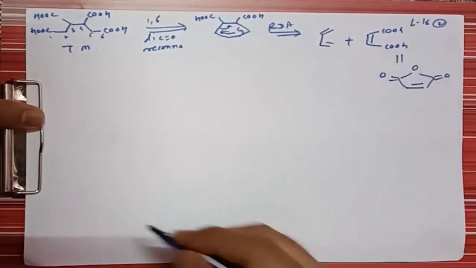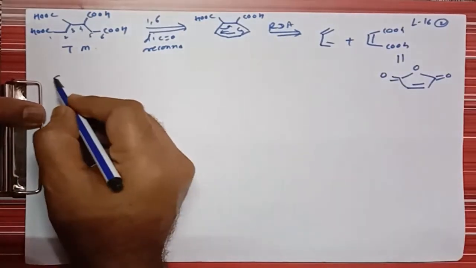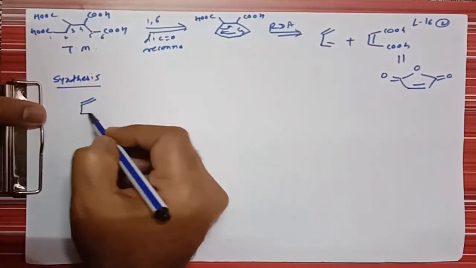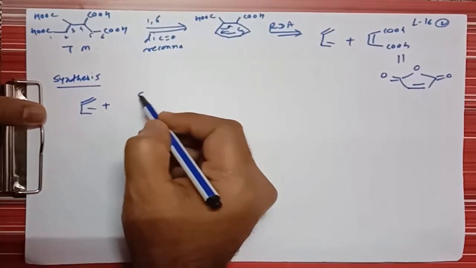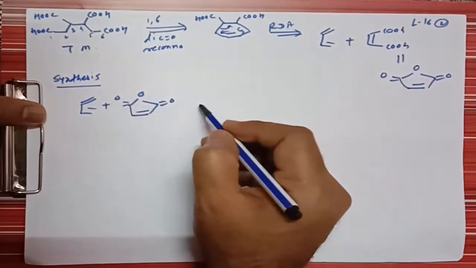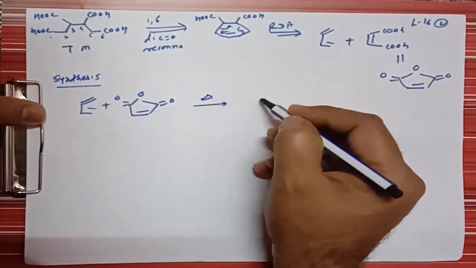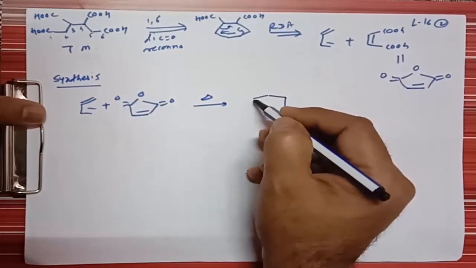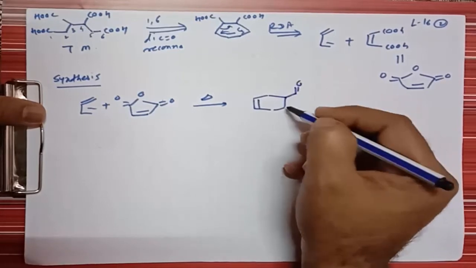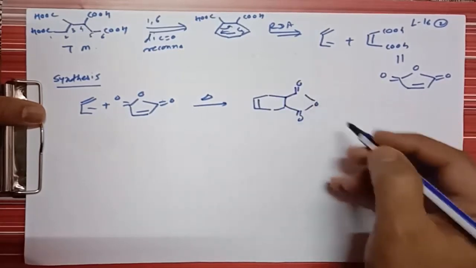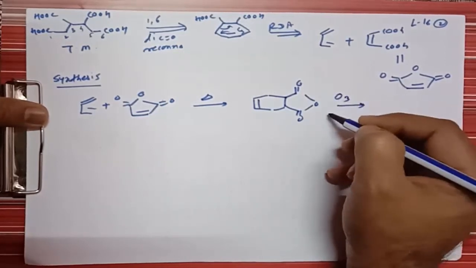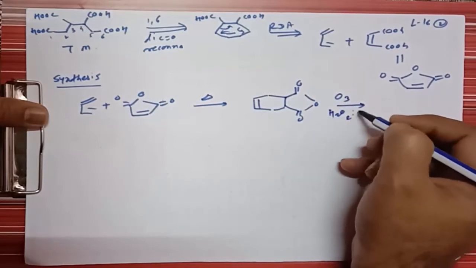So after hydrolysis, it gives formation of such type of acids. Therefore, synthesis: we can take this 1,3-butadiene plus this molecule, C double bond O, C double bond O, and in presence of heat, it gives formation of a cyclic ring, that is a 6-member cyclic ring, along with it gives formation of such type of molecule. And then further, if we do the ozonolysis in presence of